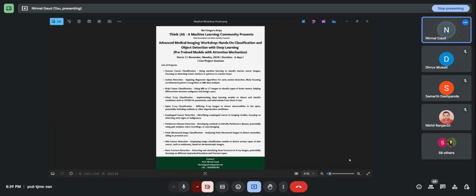You can build deep learning models. You can use pre-trained models. You can change the architectures. You can apply the attention mechanism, which is something I have incorporated, and I have released a lot of projects by adding this attention mechanism. What it is, I will explain.